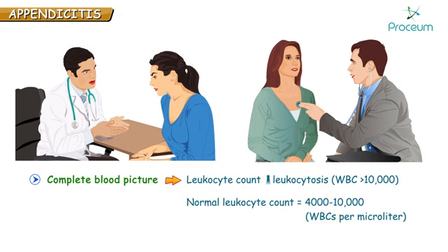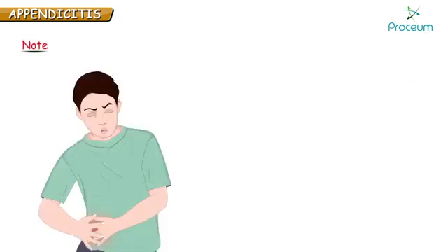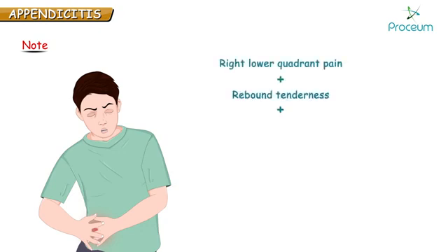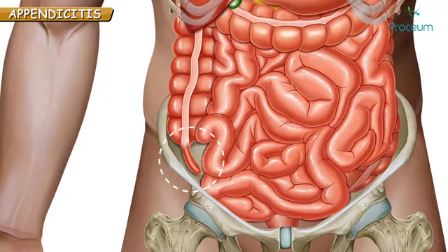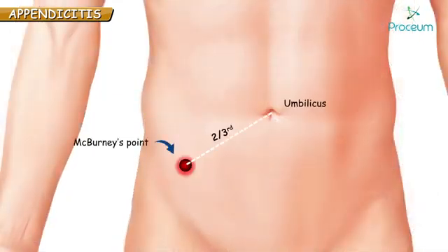For that matter, you should know the normal leukocyte count. 4,000 to 10,000 is the normal leukocyte count. So any number greater than this is leukocytosis. Kindly remember, a patient with right lower quadrant pain and rebound tenderness showing leukocytosis means appendicitis. Now you are sure that this is appendicitis. You go and explain to the attenders that, see, I am the doctor and I have diagnosed that the patient has appendicitis and he has to undergo surgery. But the attender says, doctor, look, you told that the appendix is located at McBurney's point, which is 2/3 from